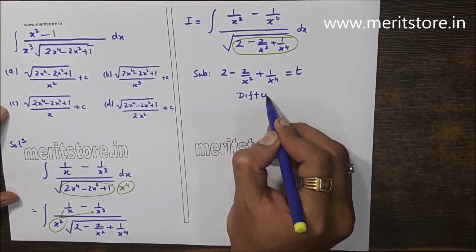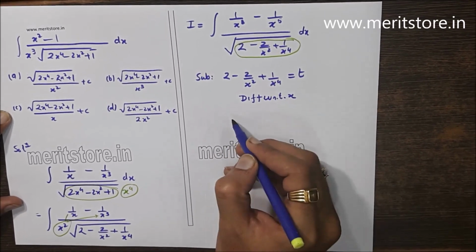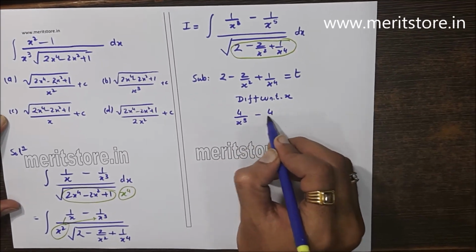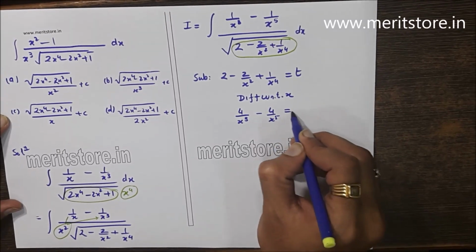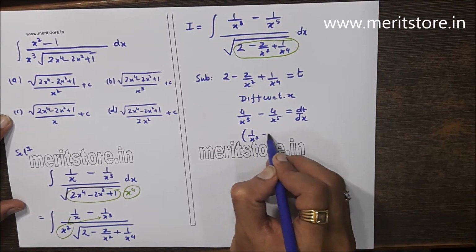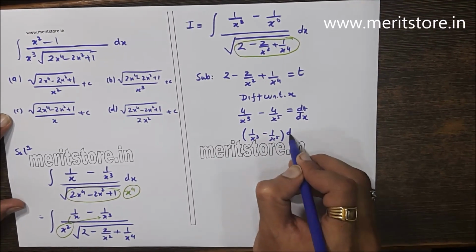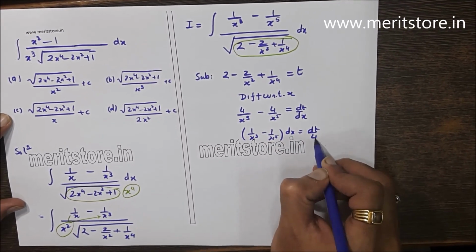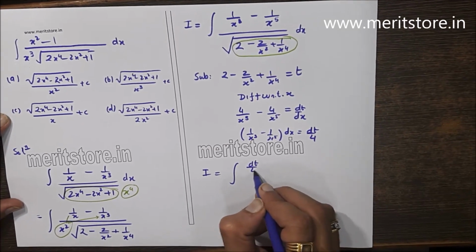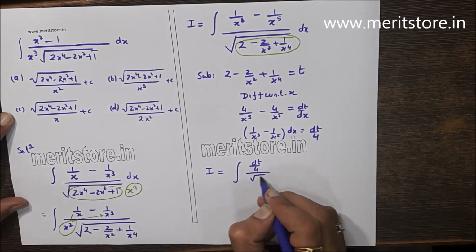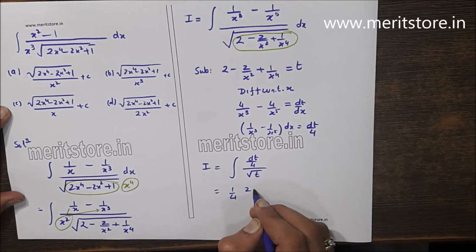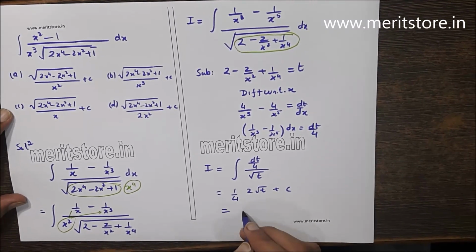Differentiating with respect to x, our term would be 4 upon x cube minus 4 upon x raised to 5, which is equal to dt by dx. I'm simplifying this as 1 upon x cube minus 1 upon x raised to 5 dx is equal to dt upon 4. Integral will be dt upon 4 divided by root of t. 1 by 4 turns outside. Integral of root t will be 2 root t plus c, and our answer would be root